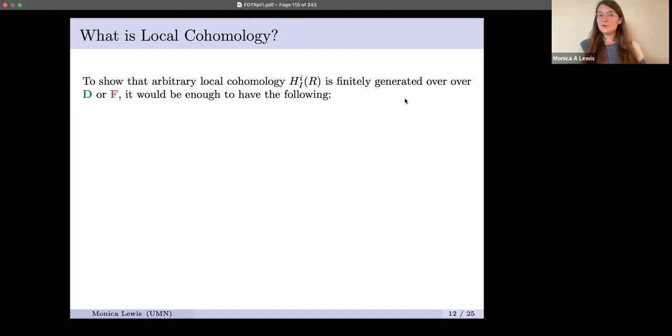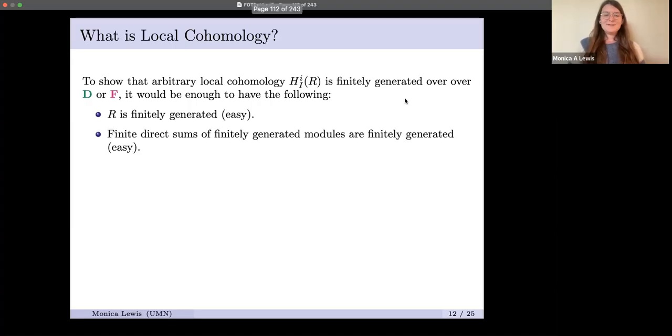Well, if our goal is to show that arbitrary local cohomology is finitely generated over either a ring of differential or Frobenius operators, I claim that it would be enough to have the following. So first off, we would like R to be finitely generated. That's easy. Second, it would be nice if finite direct sums of finitely generated modules are finitely generated. That too is easy. The 2 hard things that we're going to ask are, can finite generation of a module